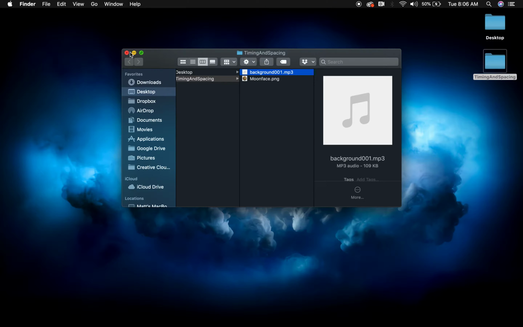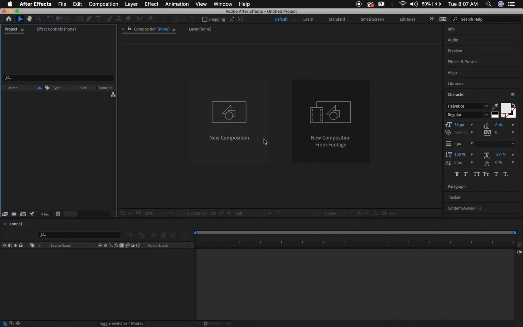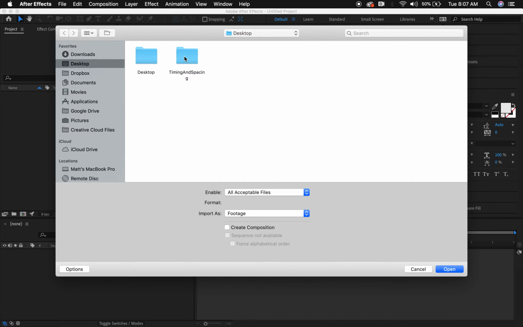Timing and spacing are often confusing parts when you're starting the animation process. So today we're going to determine the differences between timing and spacing. To do so, we're going to open up Adobe After Effects and do a few things. First, let's double click and go to our timing and spacing folder, and we're going to drag both